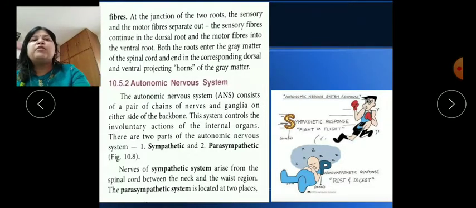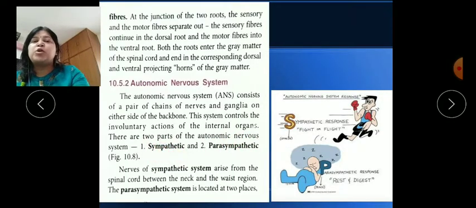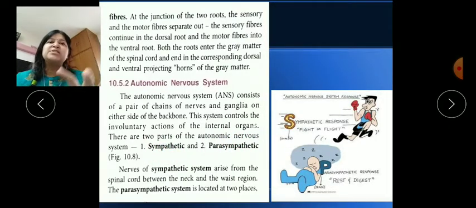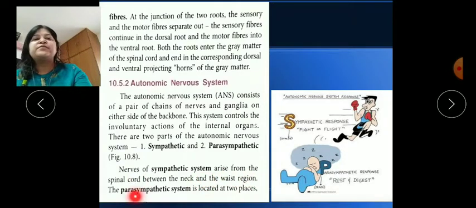So all the involuntary action is controlled by this system, the ANS, autonomic nervous system. It consists of two opposite or antagonistic parts. The first one is sympathetic, and the other one is parasympathetic. The nerves of the sympathetic system arise from the spinal cord between the neck and the waist region, and the parasympathetic system